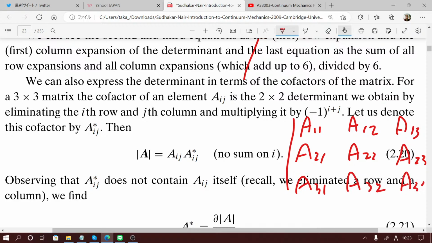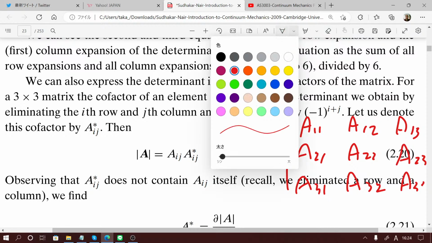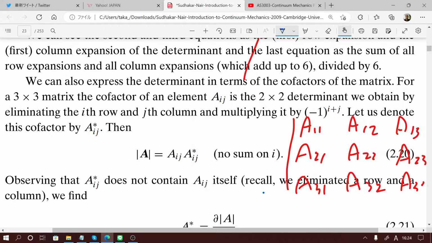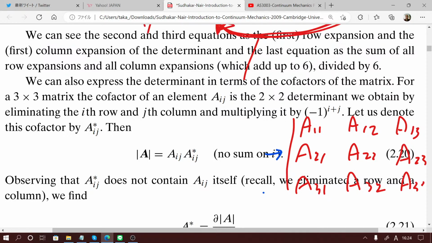You can pick whatever i, since there is no sum on i. So let's choose this one. Then you multiply this, this is the first term. And the second one